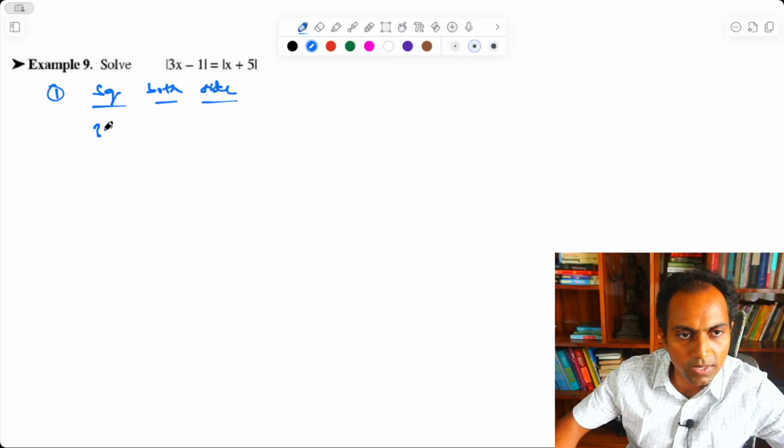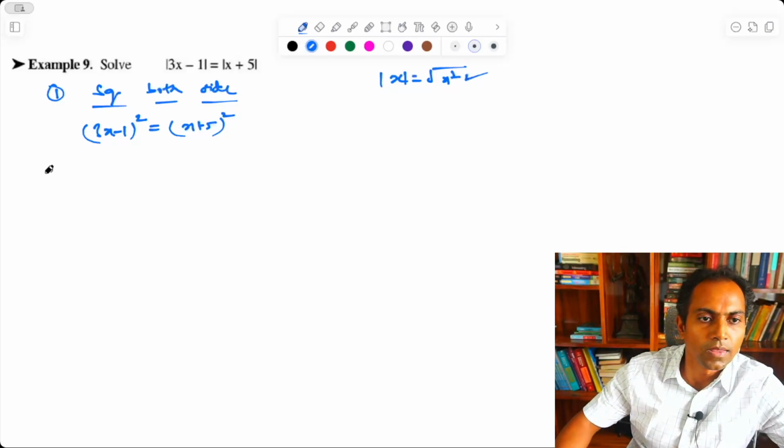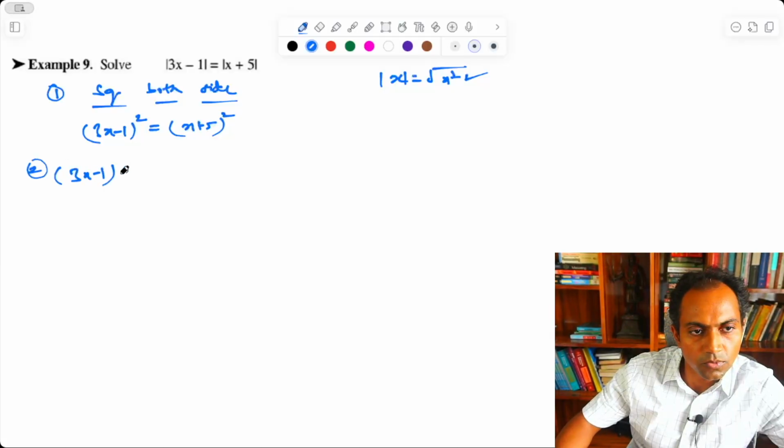So, if I square both the sides, this becomes x minus 1, the modulus will go away, x plus 5. Now, the reason the modulus is going away is because we wrote modulus as nothing but root of x square. So, if you square it up, it will become x square directly. So, if you do it like this, again you do not need to solve in the next step. You can bring it on the same side and apply the formula of a square minus b square. So, this becomes a minus b